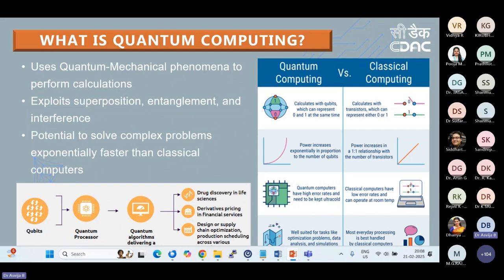So quantum computers are systems that make use of the quantum mechanical phenomena for performing the calculations. In terms of the basic units of information, in the classical systems or the traditional systems, we have something called the bits, right, which can have the exclusive value of 0 or 1. In the quantum systems, we will have the analogous components called the qubits, right? So if you see the picture over here in the bottom corner of the slide, there is an analogy of how you can draw an analogy between this entire quantum computing system and the traditional programming methodology that we are all familiar with. So qubits